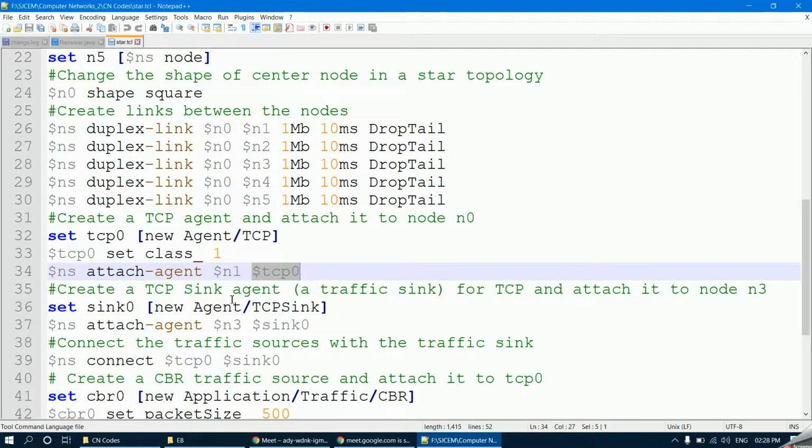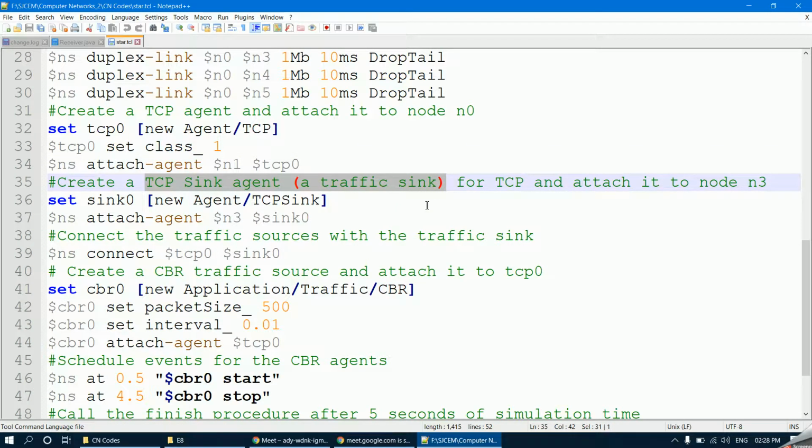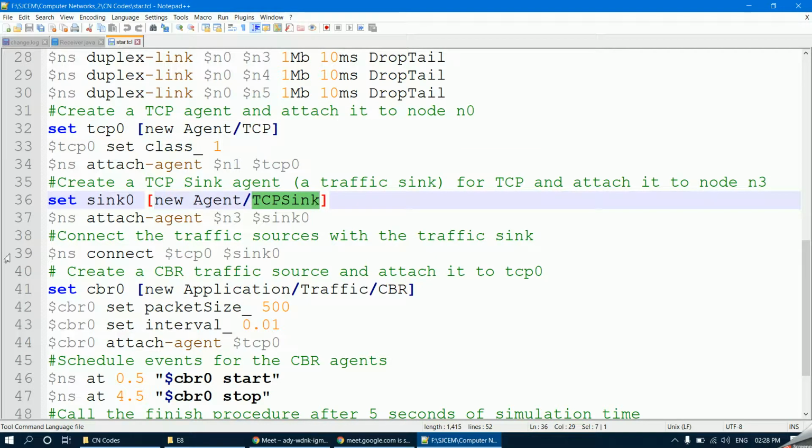Now the next command is to create a TCP sink, a traffic sink if there is traffic for TCP, and attach it to node 3. So we use the keyword sink. Set sink0, in your square brackets new Agent/ यहाँ पे सिर्फ TCP use किया था. Now we are using TCPSink. और ये TCP sink agent हमें किसके साथ attach करना है?